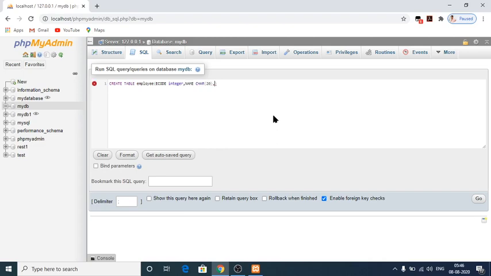The next one is DESIG, designation, that should be CHAR, character. The length of the character we should specify here.